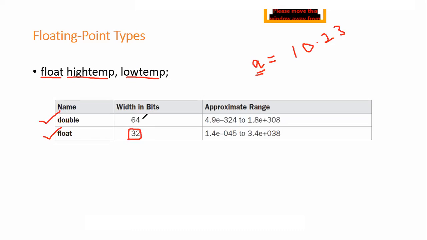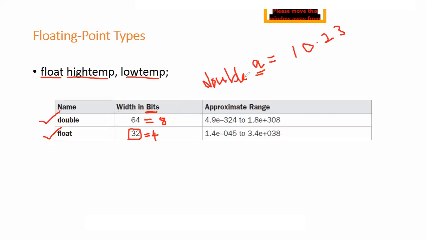32 bits. That's very, very important. You see that the width is in bits, it is not bytes. If you want to convert to bytes, it is nothing but 4 bytes. And similarly, you want to make this a double, that is double A. In such a case, it is going to occupy 8 bits, sorry, 8 bytes. 8 bytes is nothing but 64 bits.